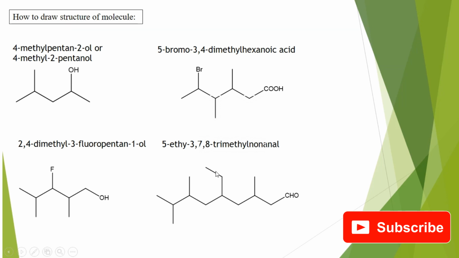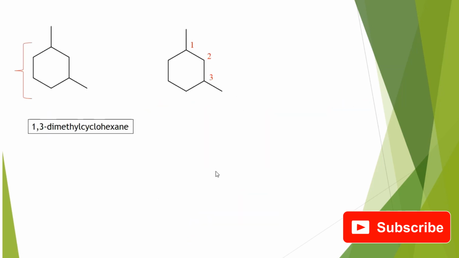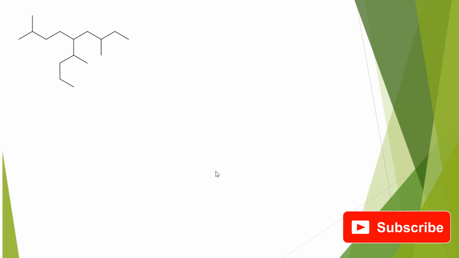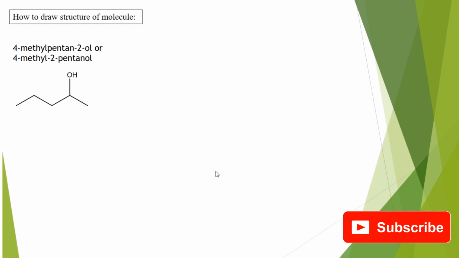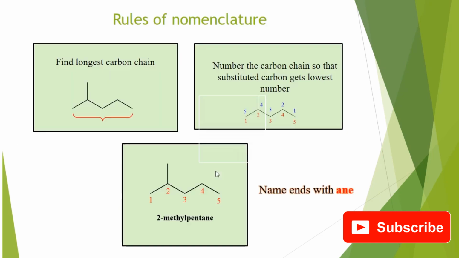So in this lecture, what have we seen? We have seen the IUPAC nomenclature of the alkanes. If we have the structure, then how to write the name, and again if we have the name, how we can draw the structure. So we should know the exact rules of the nomenclature for the alkanes. Only 3 things we have to keep in mind. First, we have to find out the longest carbon chain. We have to number in such a way that the substituted carbon should get the lowest number, and the format of writing the name is, we have to write the